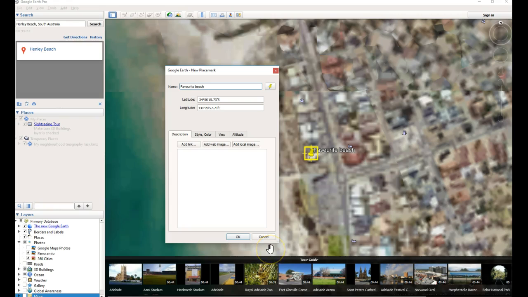So in this case here, I am going to keep the color of the pin as yellow and then click OK. In addition, for this task, you are also going to be required to write a very short description about your location. In this case here, you just need to make sure that the tab is on the description and then write a description here. So in this case here, because it's my favorite beach, I'm going to write down, I enjoy riding my bike here